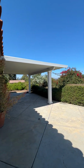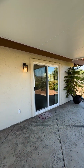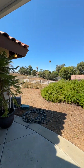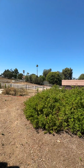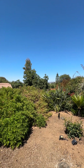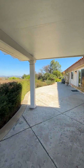So over to my left is the primary patio. So right here you can see the primary sliding doors right there. That is the primary bathroom. And you have some additional sitting area right over there. The shed is kept for the gardeners, landscaper. Your avocado tree is just straight over those bushes. You can see the tree up kind of high. And we're going to walk down here,